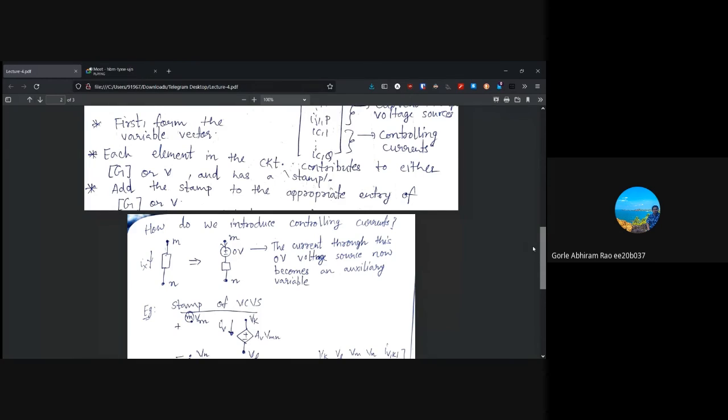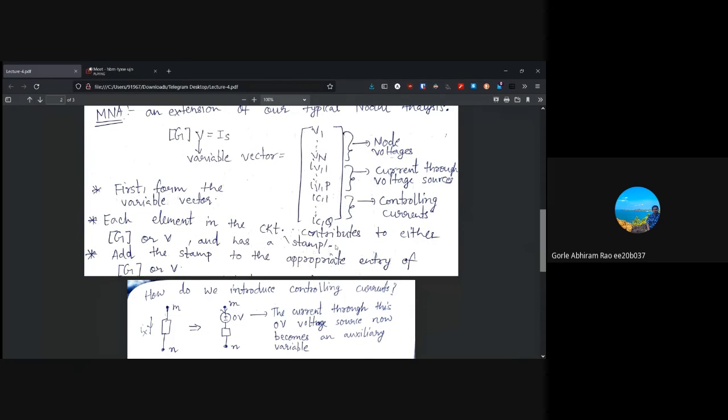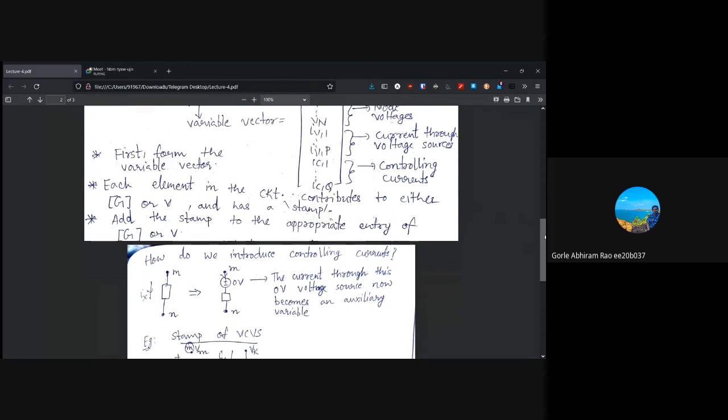So one doubt you might have is how exactly are we going to introduce these controlling currents? Let's say we have some element through which a current of Ix is flowing. We can't directly include it in our variable vector because it's neither a node voltage nor a current flowing through a voltage source. So instead, let's say we have this wire here, M, and let's say we take some other point M1, which is literally at the same potential, and between these two points, we'll connect a voltage source of 0 volts. We are unnecessarily complicating it so that our setting up of MNA equations becomes easier.